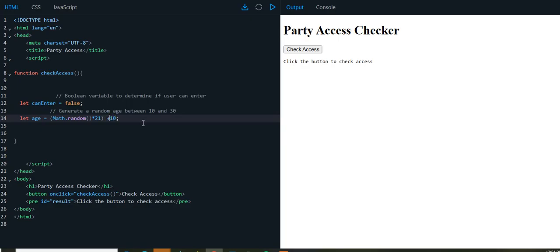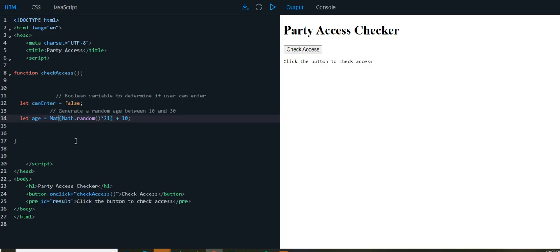Okay, but this will generate a number with a decimal point, because Math.random can generate 0.20, and 0.20 multiplied by 21 plus 10 gives me a number with a decimal point, but I want an integer number that will round down. For this I use Math.floor,